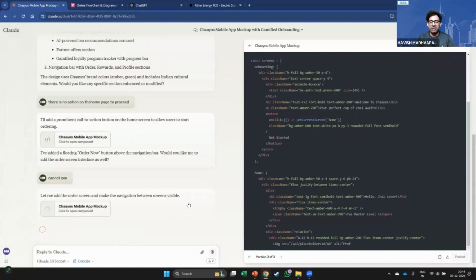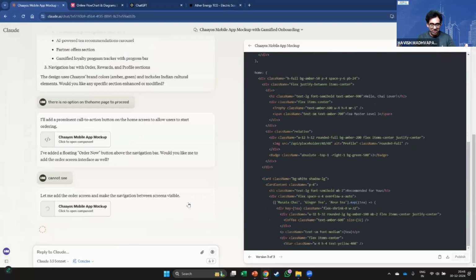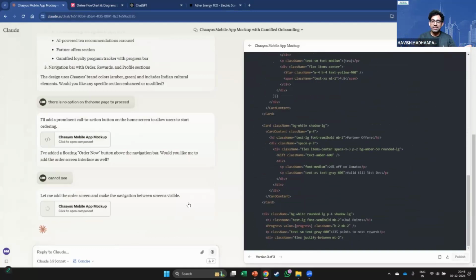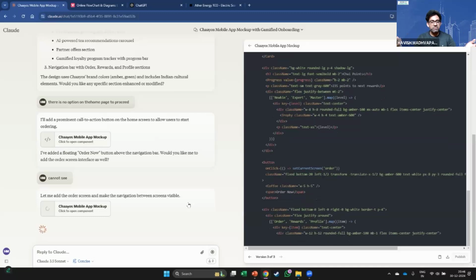Now, if you're thinking, but Havish, then why do we even need a programmer? Of course, you need a programmer. You need a product manager. You need somebody in marketing who understands business use cases. Yes, it can write the code for you, which is crazy.